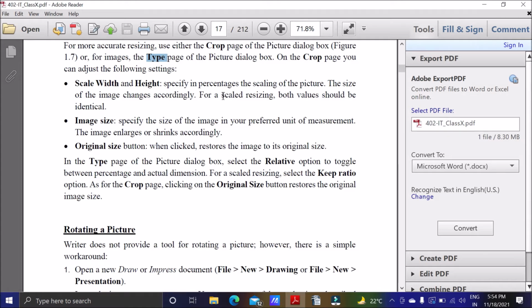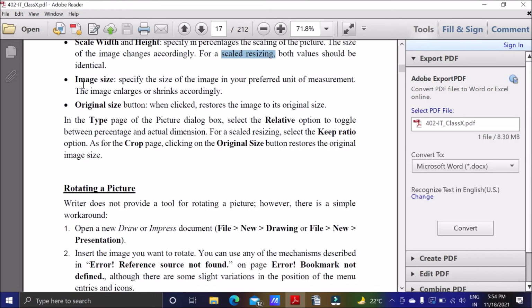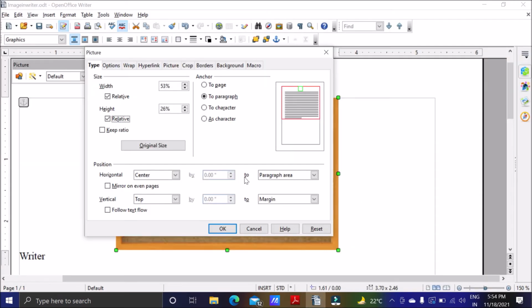For a scaled resizing you should have both the values identical, meaning same. Image size: specify the size of the image in your preferred unit of measurement. Okay, so here again we can go for image size. Here we have two options.